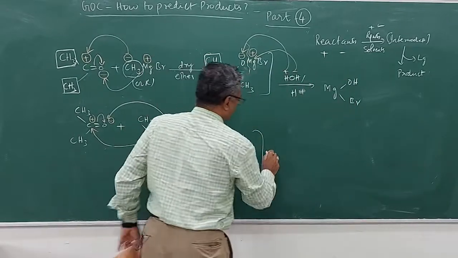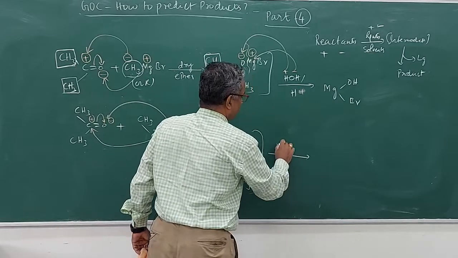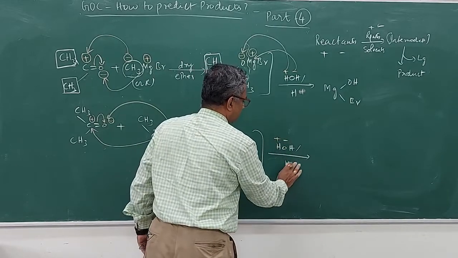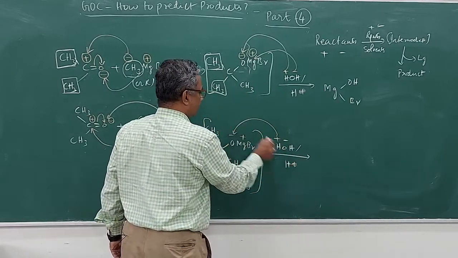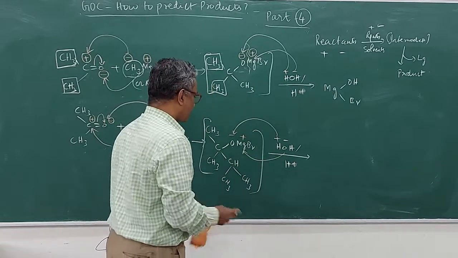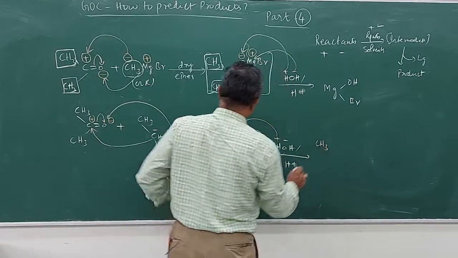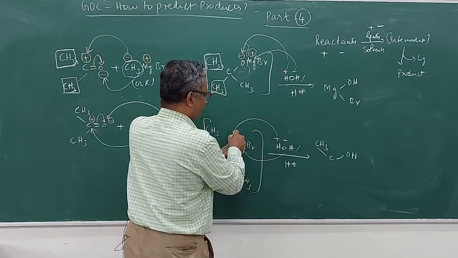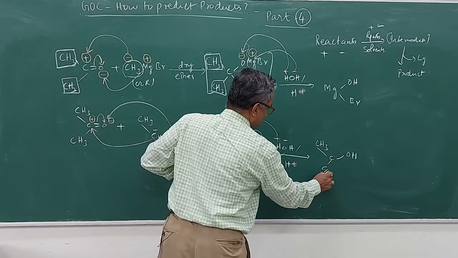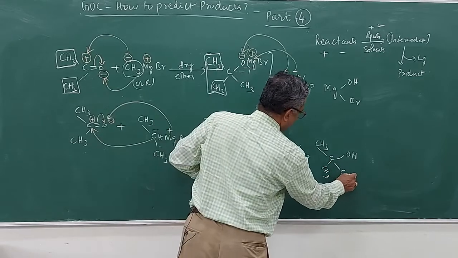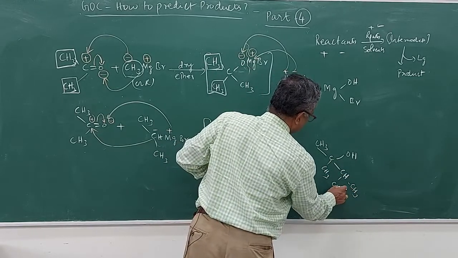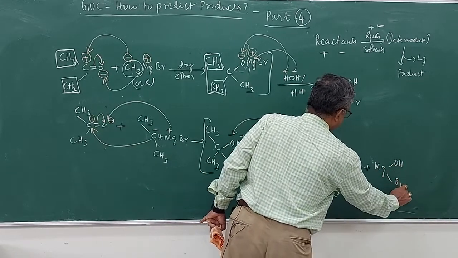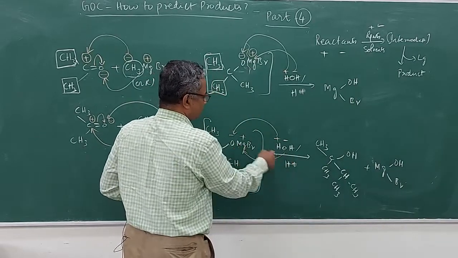Now if you add the second step, if you do the hydrolysis, HOH, H plus, so you will have H plus and OH minus. The plus will come here, this minus will go here, then you will get the product. You can see CH3, then C, you will have OH, to this O, this H will come and get attached here, and then you will have CH3 here, again CH here, and then CH3 here, and CH3 here, plus MgOH-Br. This OH will come and get attached here, so MgOH-Br will be the byproduct.